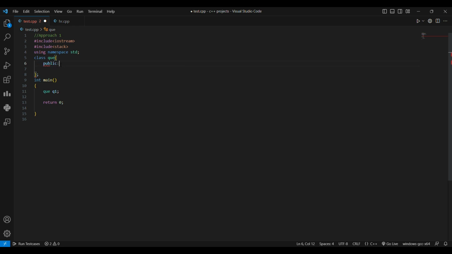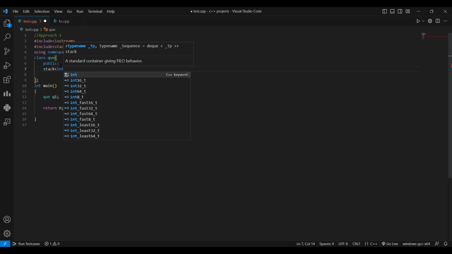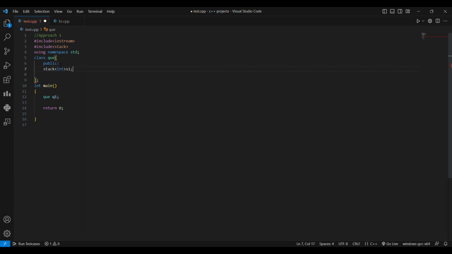In the public section, we create the stacks. To define the stack, we simply write stack, and it is an int type stack. Let's take s1 as the name of the stack, and a second stack, s2, which is also int type. And we create an enqueue function which takes the value, and we simply push it to